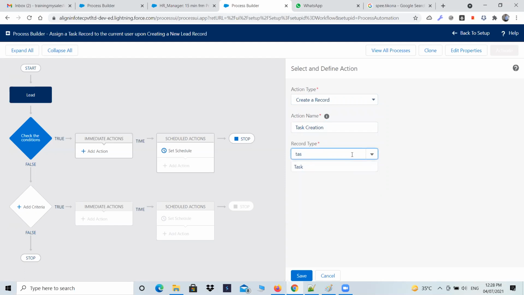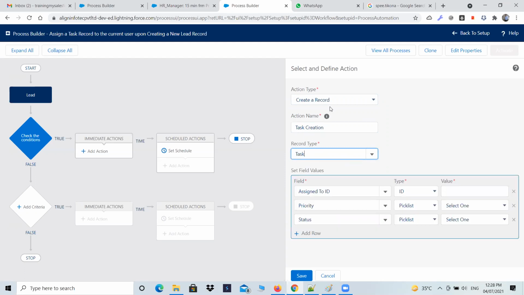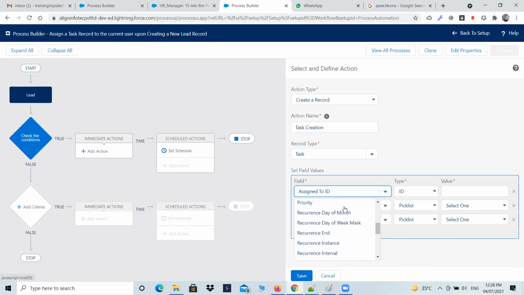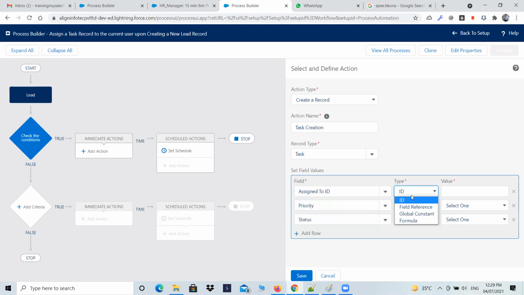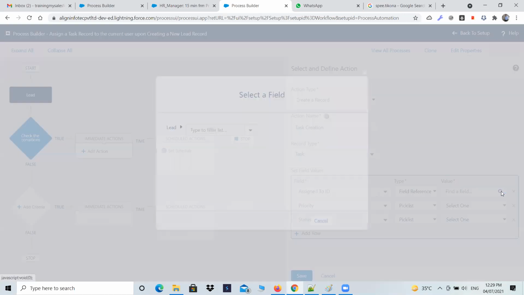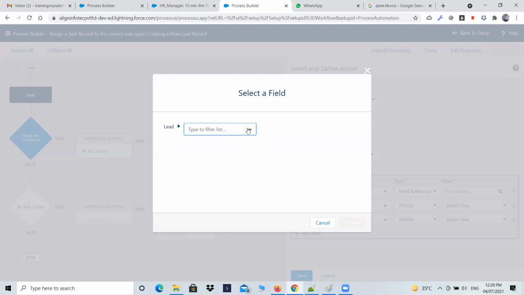रिकॉर्ड टाइप कौन सा ऑब्जेक्ट, आई वांट टास्क ऑब्जेक्ट। तो अब देखो मैं टास्क ऑब्जेक्ट में रिकॉर्ड क्रिएट कर रहा हूँ, ठीक है। यहाँ पे थी थोड़ी डिफिकल्टी, असाइनिंग टू आईडी, कौन सी आईडी, आई वांट टू सिलेक्ट एन आईडी, कौन सी आईडी। तो अब यहाँ पे असाइनिंग टू आईडी, फॉर्मूला ग्लोबल फील्ड रेफरेंस लेता हूँ, ठीक है।